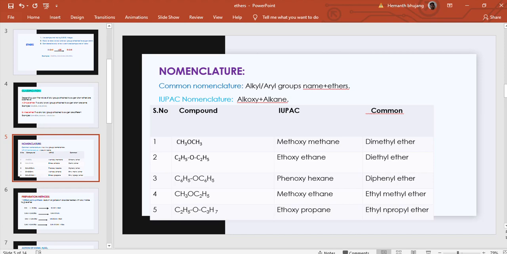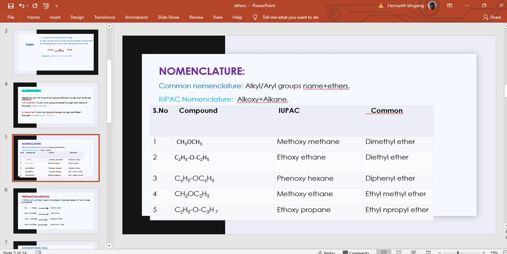Next, we have mixed ethers, CH3O, C2H5. So very simple. You give the names differently for different alkyl groups. One is methyl, the other one is ethyl. So in this chart, I have written the first ethyl name, then methyl, then ether. Ethyl, methyl, ether. Very simple. Why ethyl first and methyl second? According to alphabetical order, E comes first, so we are writing ethyl, and M comes later, so we are writing methyl. So we have to name this as ethyl methyl ether.